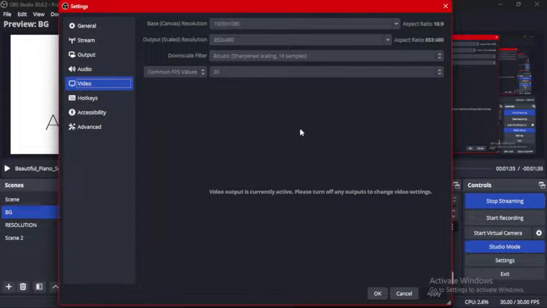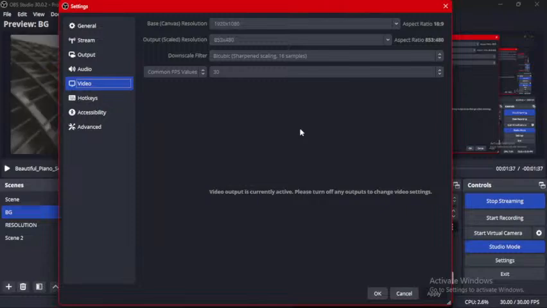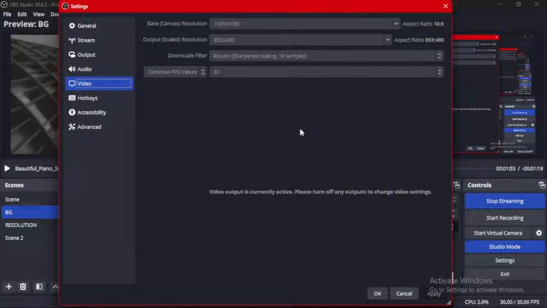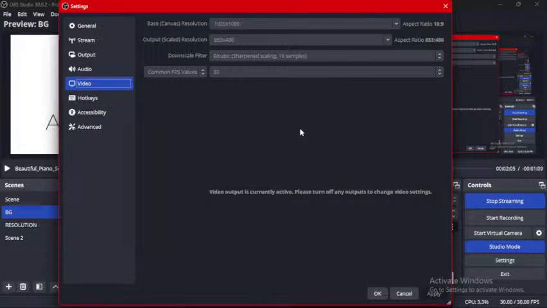And we are streaming for a very long time. So if you are streaming for a very long time on your laptop, I would advise, don't stream at a very high output. Try to work on reducing it, because there's a level of clarity or output you can achieve with your laptop. Although there are some high-end laptops, gaming laptops, that could handle the output of 1920 by 1080, we don't have that.